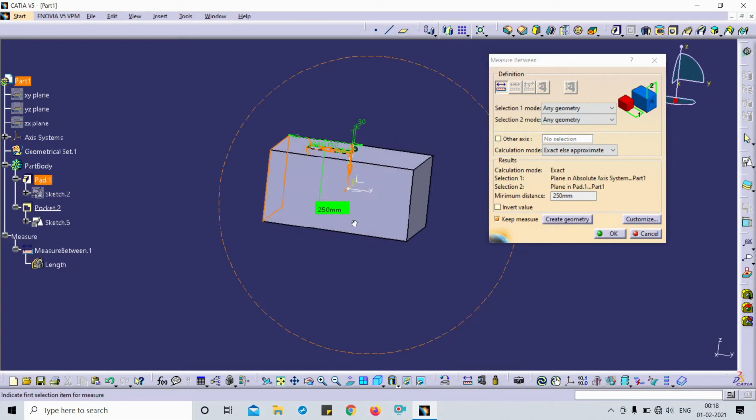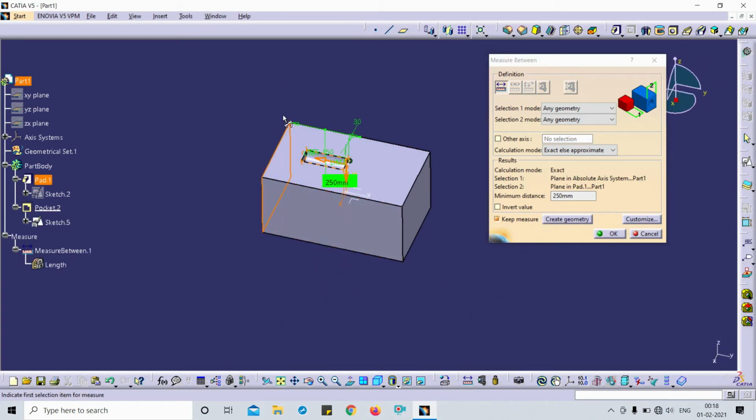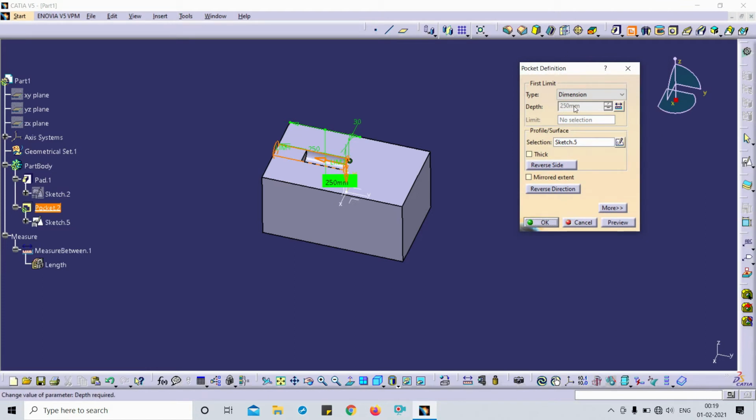Here you can see by using this measure between, this is the 250 dimension. I just wanted to pocket 250. So here I just click OK, and this dimension is locked.